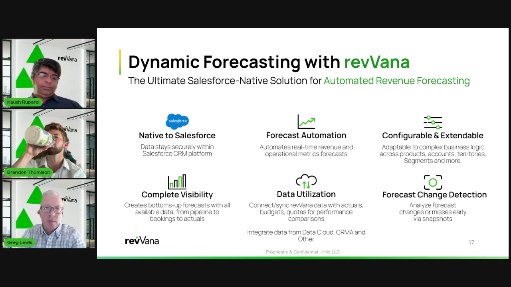Most of the spreadsheet-based processes, granted, your books are only closed once a month, so if it's final revenue, that's always going to have a bit of a lag at organizations. But being able to see real-time order data that's coming in daily, leveraging Data Cloud and revVana, just for the visibility there is key, in addition to a lot of these bigger topics that we're solving.